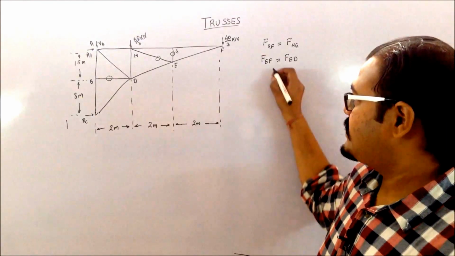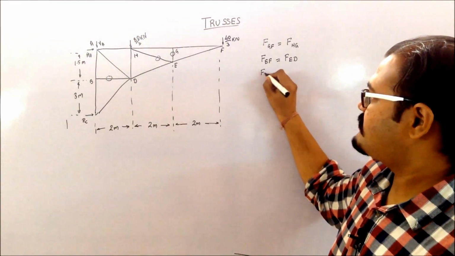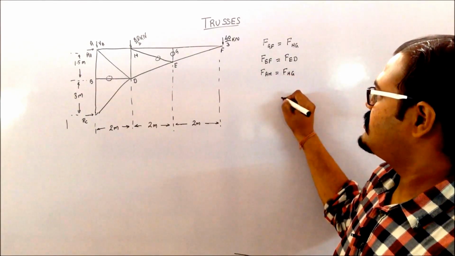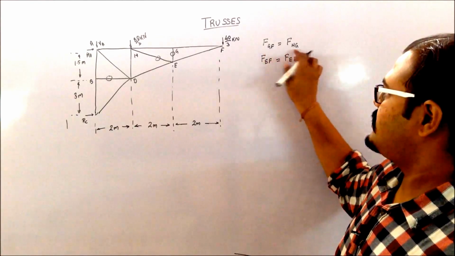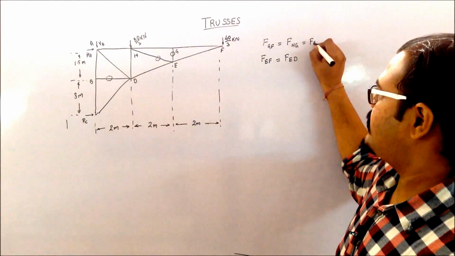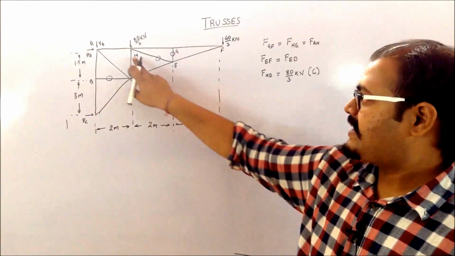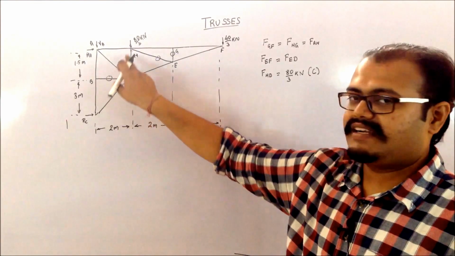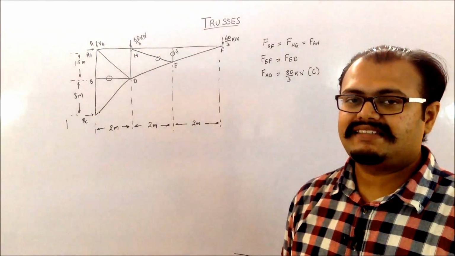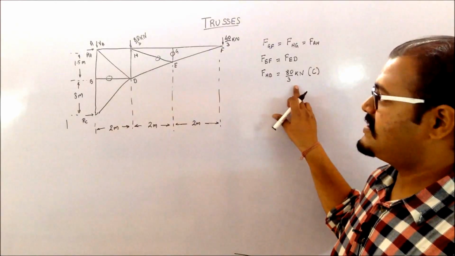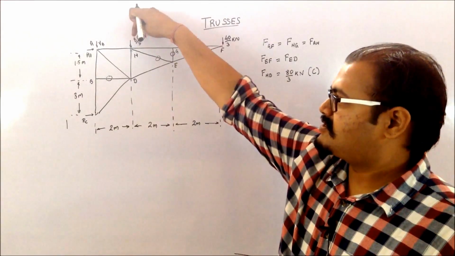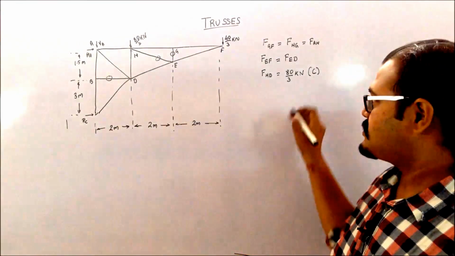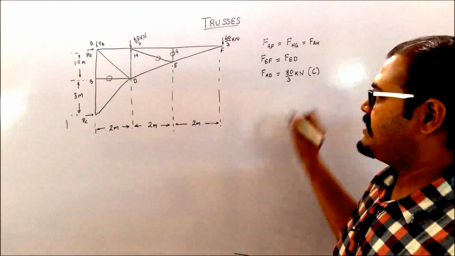So from this you can get two equations, that is my FAH will be equal to FHG. So basically you're going to get this equation as equal to FAH. So what you can see is that at point H, there is this FHD which is applied to it, and there is a force of 8/3 applied to that. So they can be equated to each other, and since this force is downwards, my HD will be towards the joint H, and so that is why my force in HD will be a compression force.